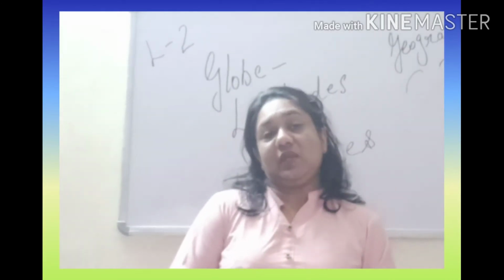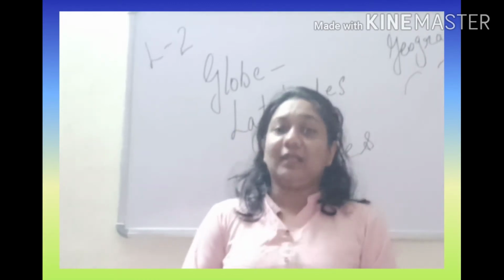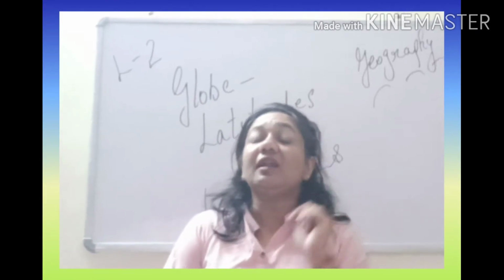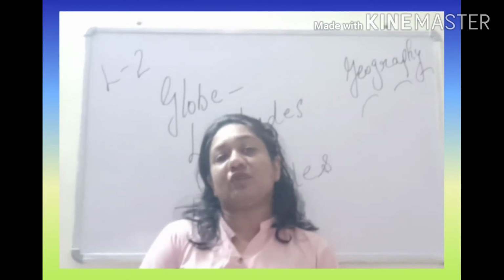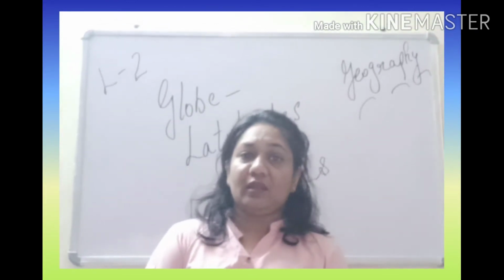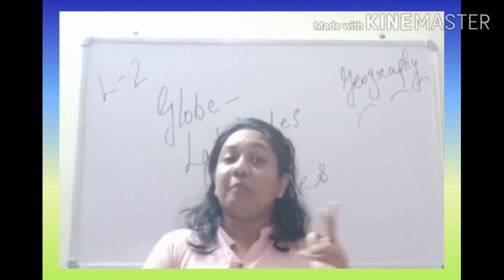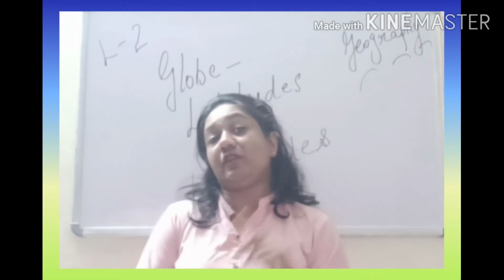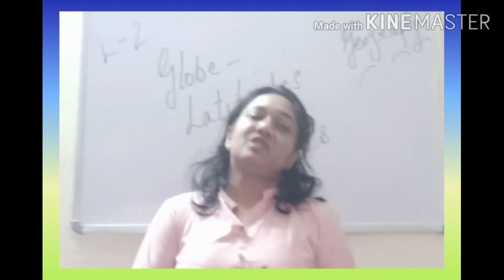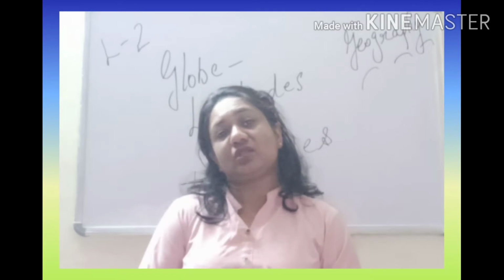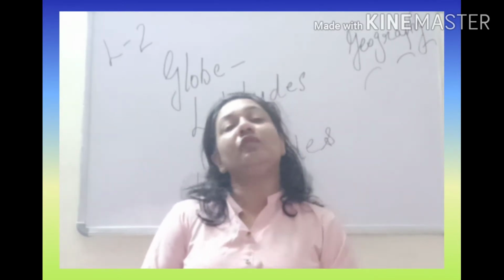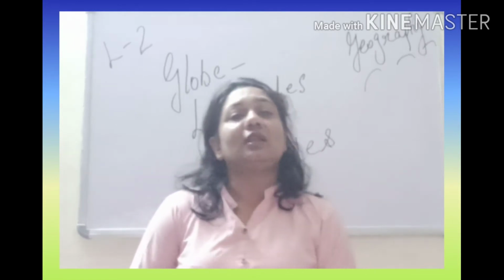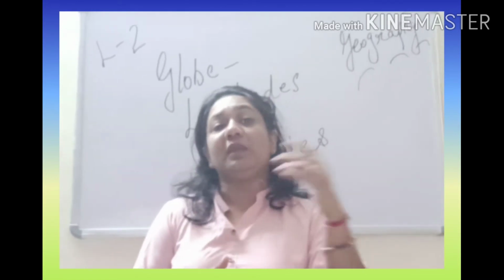And now we are going to start with our July syllabus. But before we start, let me tell you that we are left with 2 chapters from the syllabus of May. We have to do chapter number 2 of geography and chapter number 2 of civics. Then we will finish with the syllabus of May. So after that only we will be proceeding with the syllabus of July. So let's start with the syllabus of May that we have left behind.